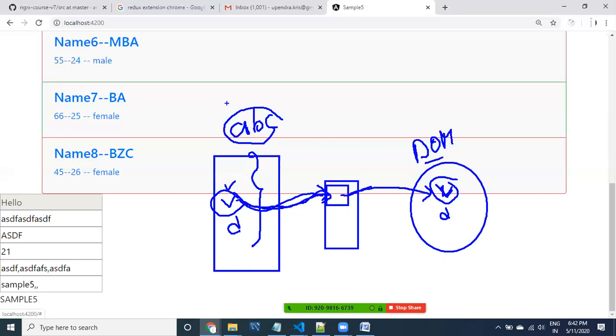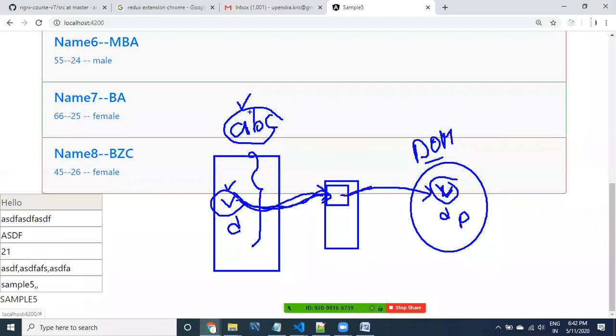A property may or may not be available for an attribute. For example, if an ABC attribute is available, there is no property for that ABC attribute.